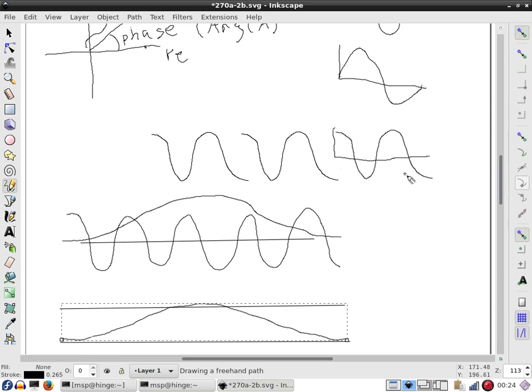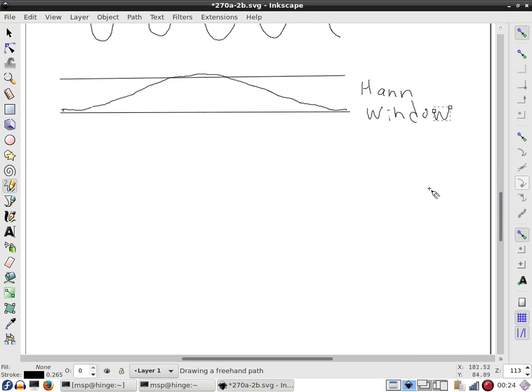Well, first off, it has a name. This is called the Hahn window. DSP people sometimes call this the Hanning window, but that's kind of a stupid, lame pun, so Hahn window is probably the correct thing to call it. And the Hahn window, it goes up to 1 in the middle, and it's down to 0 at the ends. So there's an average value, which is a half, and it's 1/2 minus cosine. So here's what it is: 1/2 of 1 minus cosine